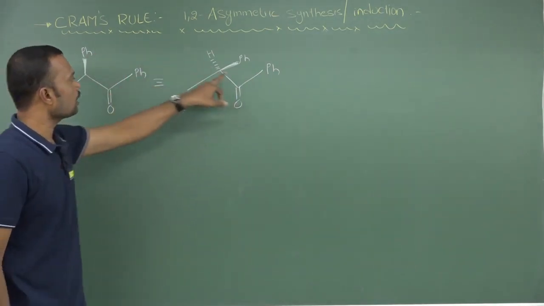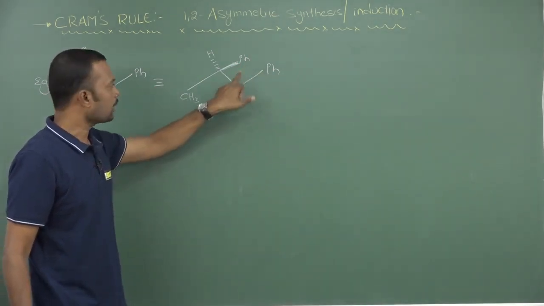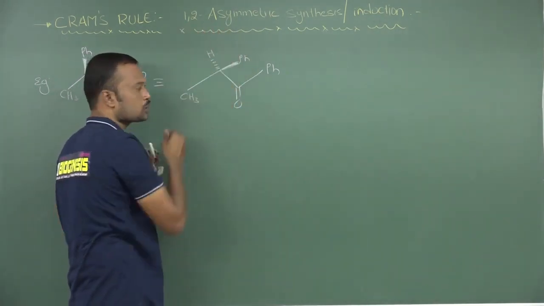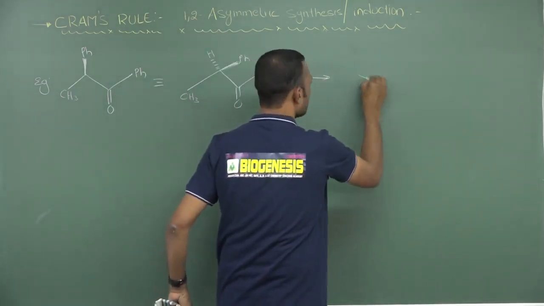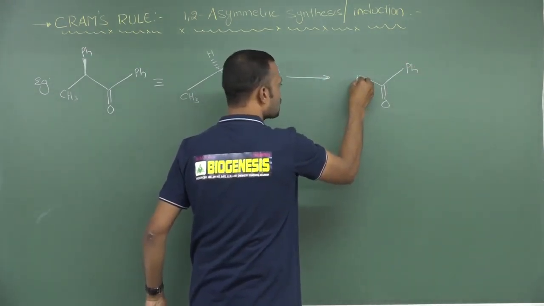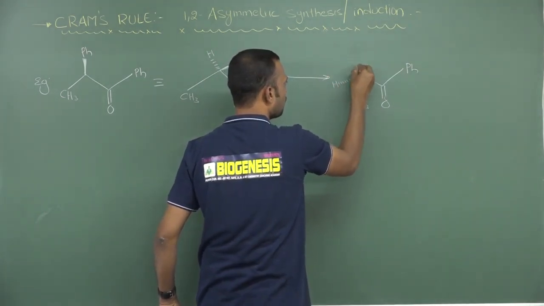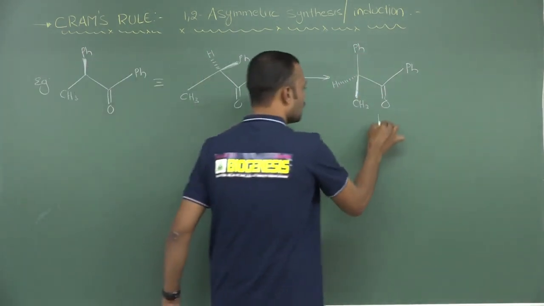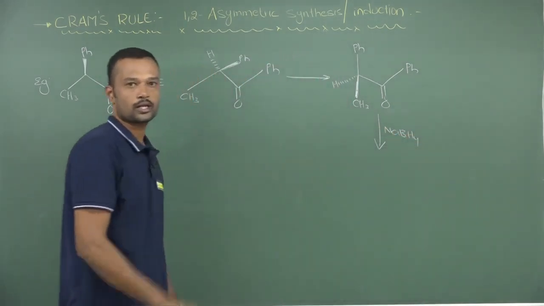But what is the condition here? Always this phenyl and this should be parallel to each other, this should be opposite to the carbonyl. But right now it is facing towards the observer. Try to stretch this particular group in the plane direction so that it is parallel to this. So I am stretching this. So what happens? It becomes in plane. This is C double bond O, Ph. Now here CH3 is completely facing towards the observer, hydrogen completely below the plane, and phenyl is completely oriented in plane. Okay. So after that what happens? See, our reagent you may take any one, NaBH4. It will attack from the below direction.